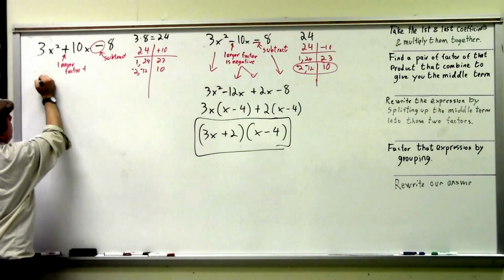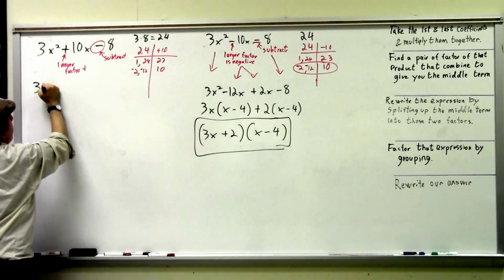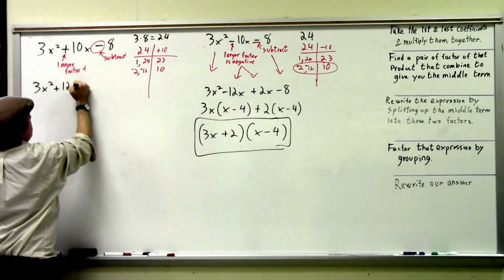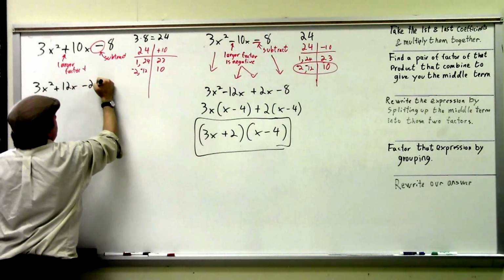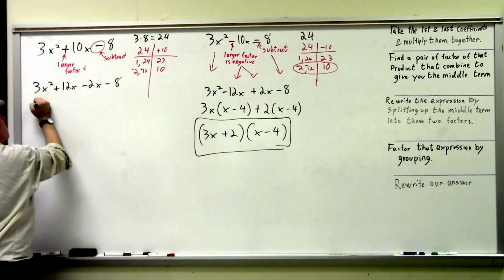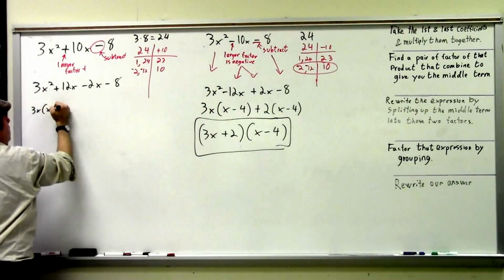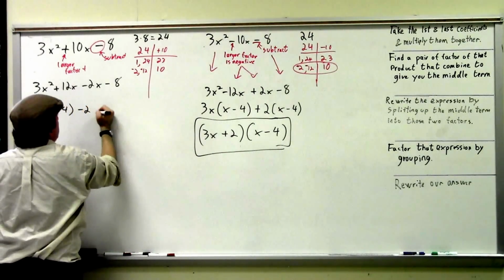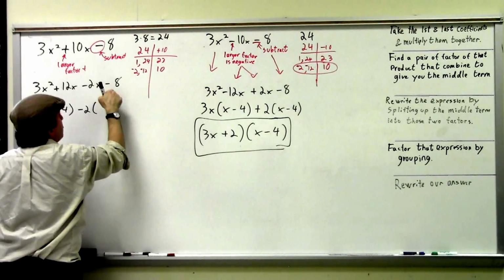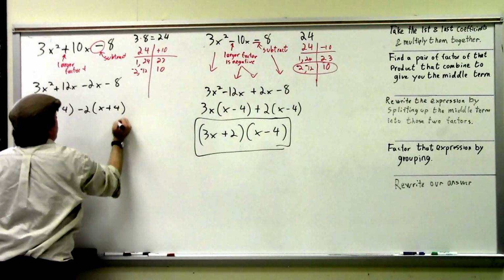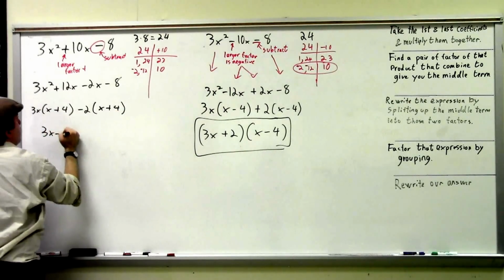So when I factor it, I'm going to have 3x squared plus 12x minus 2x minus 8. I'm going to factor out a 3. It's going to leave me with 3 times x plus 4. I'm going to factor out a negative 2. And remember, that's going to change the sign on my second term when I factor it. So I'm going to get x plus 4. And then my factorization will be